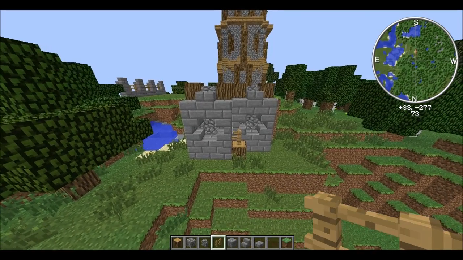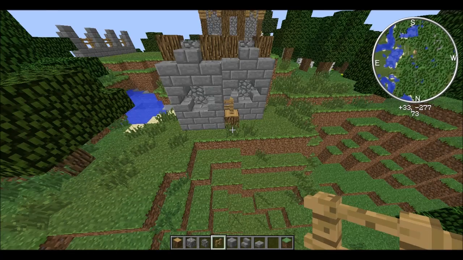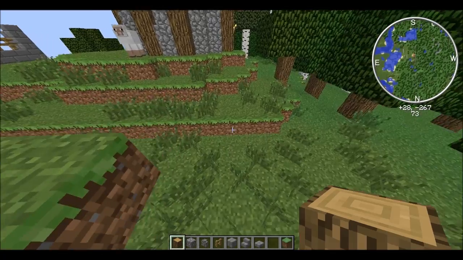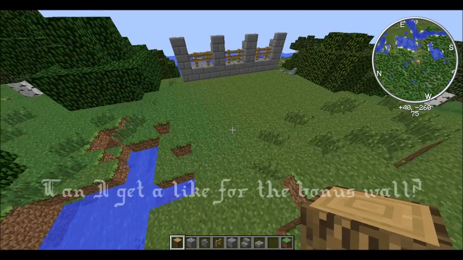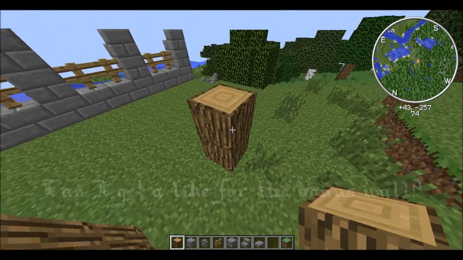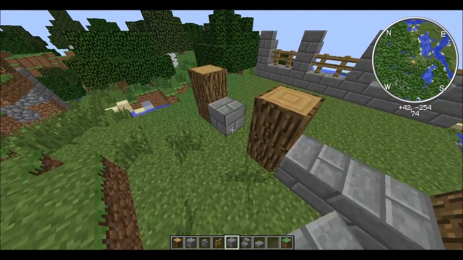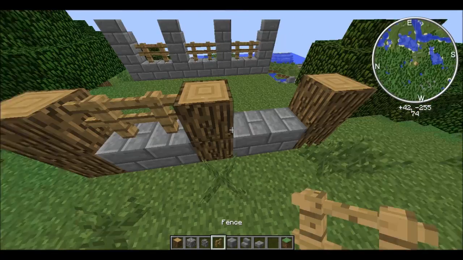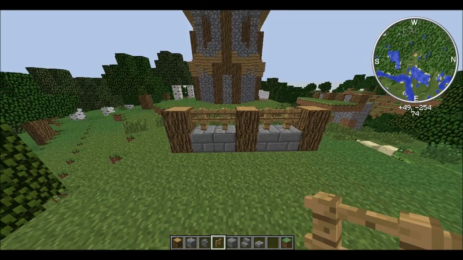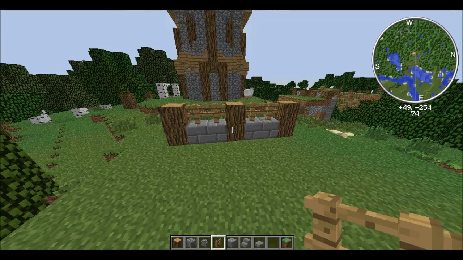But I actually lied to you guys. This video is actually 6 different kinds of walls. You now get to see the bonus wall. This is an incredible wall that took lots and lots of skill to make. Basically it's a standalone wall that's going to be 2 high, and what you do is you place oak pillars like this, and between them you place stone bricks, and on top of that you place some nice little wooden fences like this. Very simple, nice little garden wall, and it's kind of a gimpy little wall, but it's a bonus wall, so take it once you get it.